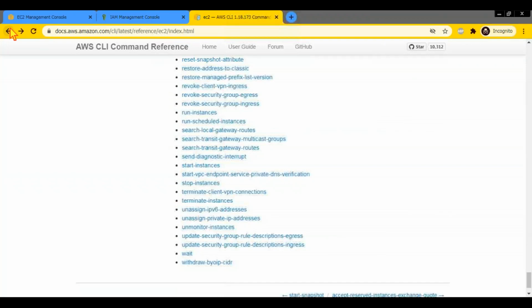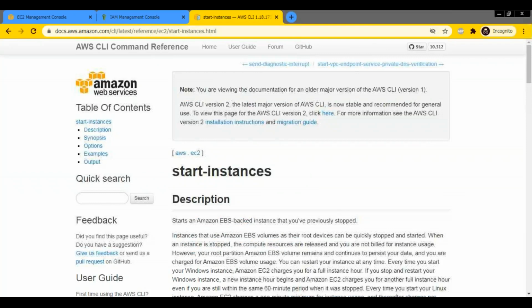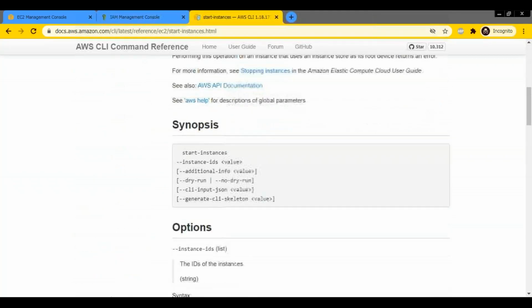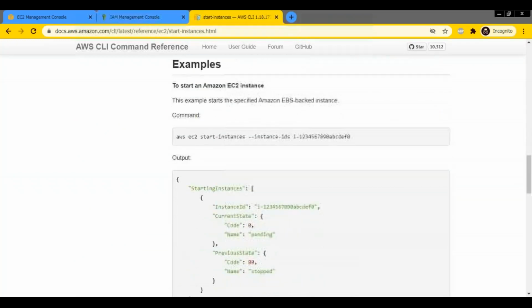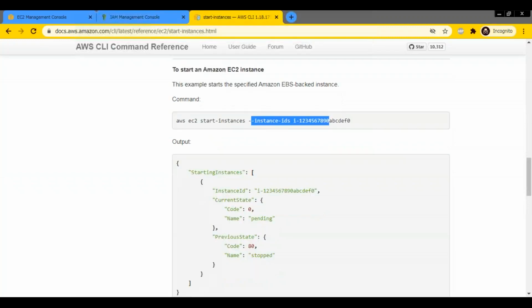We can't cover everything. So if you want to start an instance, the command is going to be start instance. So again, it is going to be start instance, instance ID, and some additional options. What are the options? What can they do? So here is the example, AWS EC2. So it will start with AWS, the service name, followed by the command, and followed by the options.